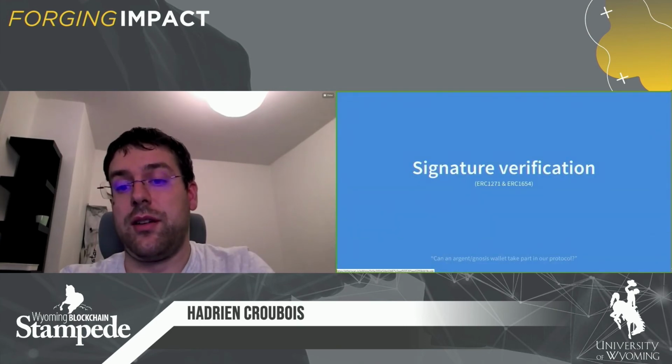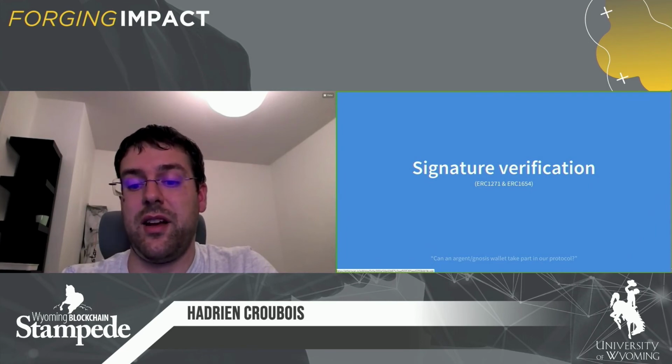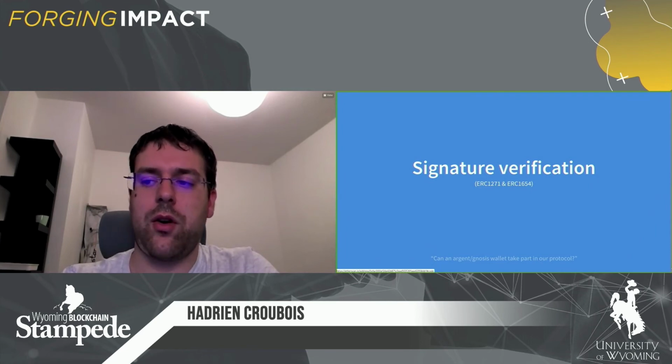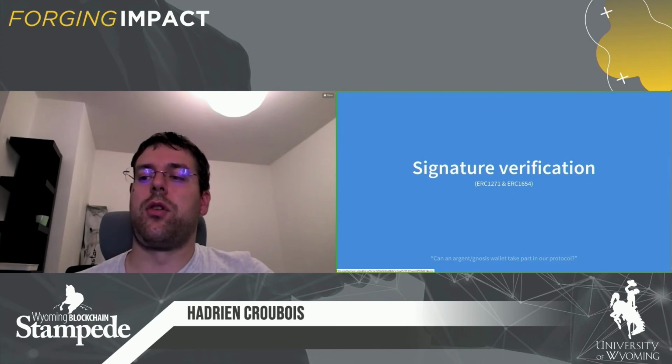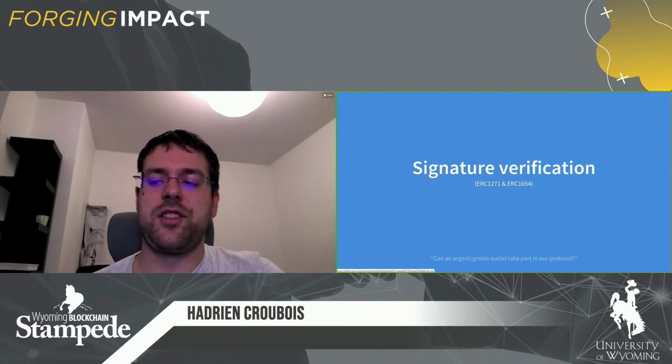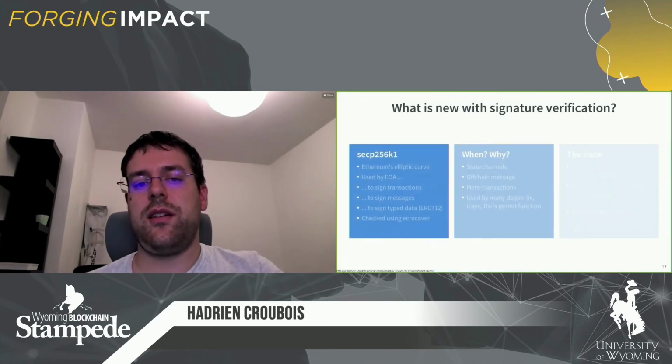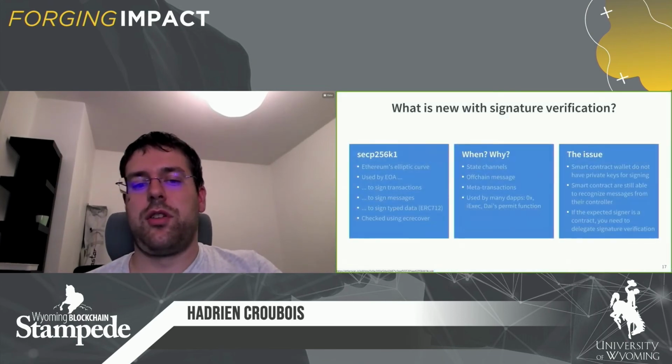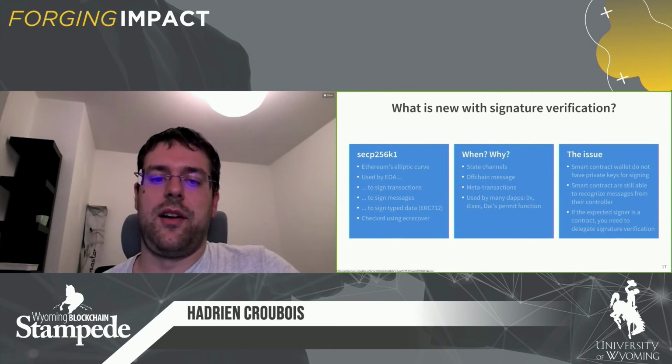Another trick I want to discuss is signature verification. And again, it's not really a trick. It's something that is pretty standard. But the question was always, how do we make our application compatible with whatever wallets people are using, including Argent and Gnosis? Most of the time, people just sign using their Ethereum wallet,